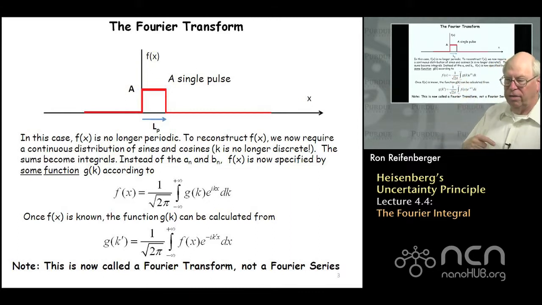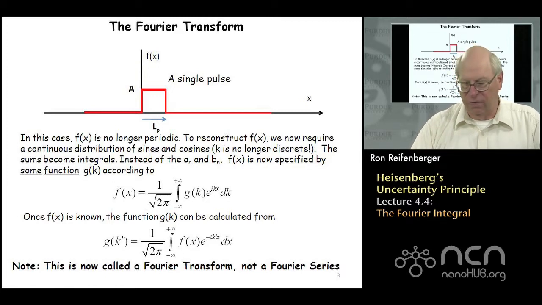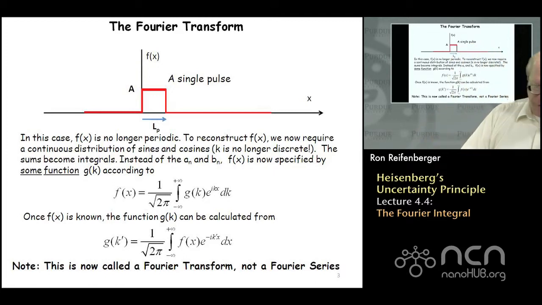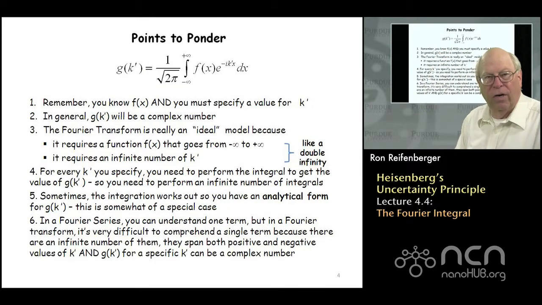So it's very similar to a Fourier series, but now the coefficients that multiply the various sines and cosines are not discrete. They're described by a continuous function, this function called g of k. Now, there are a number of things that you have to recognize with this formula,